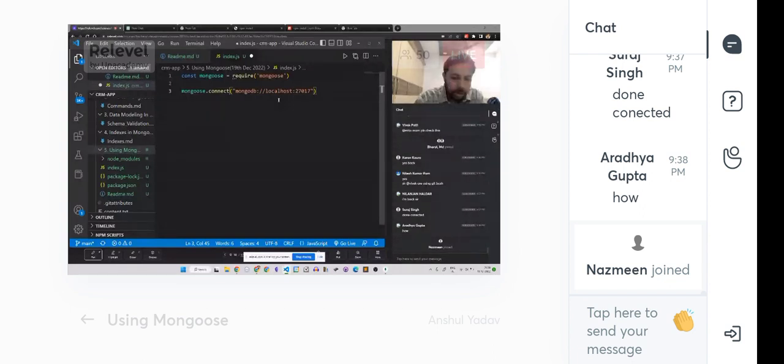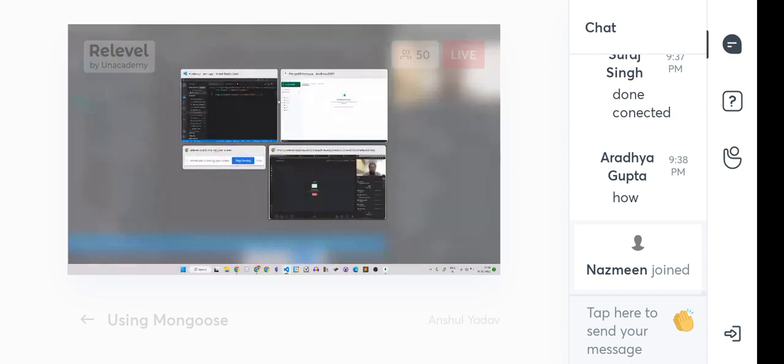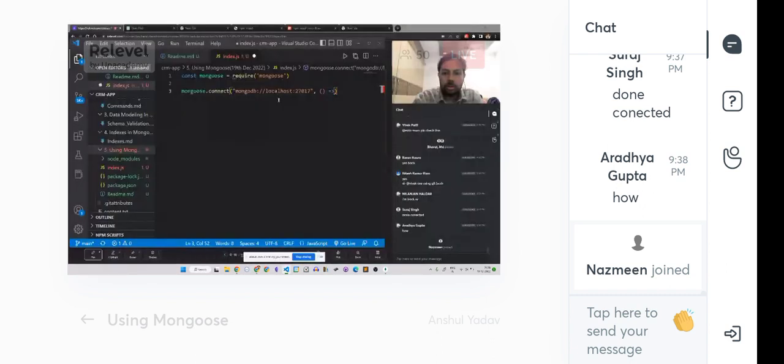And what you can do is, if you are connecting to this, there will be a callback. The callback will be on the error. If this runs, there will be a callback, and in this callback I'll say